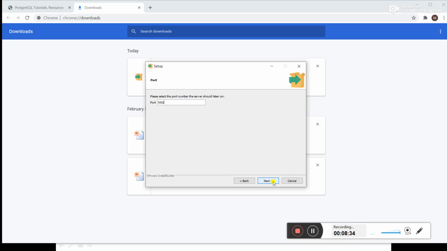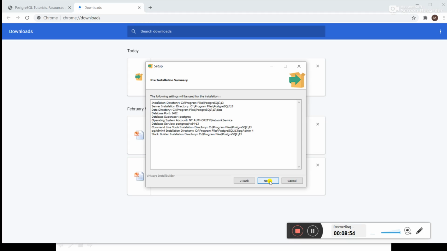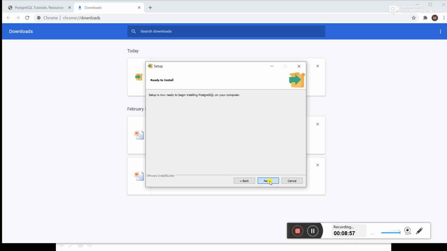See, this is the default port number. You don't need to change it, you just need to click on next. Now what is the directory? It will ask you to select the directory, so the same directory you are going to use, that is the default local drive. Now click on next, next, and again click on next. Again it will take some time to install it. Now the actual installation process is started.